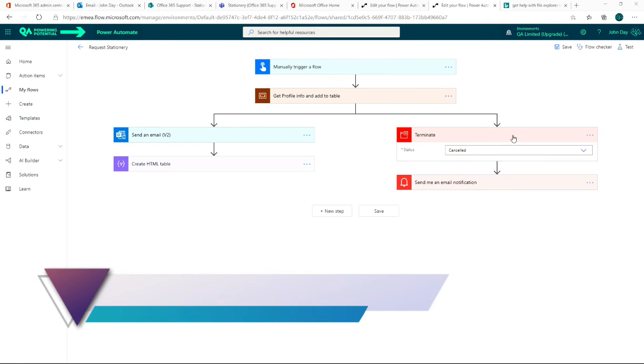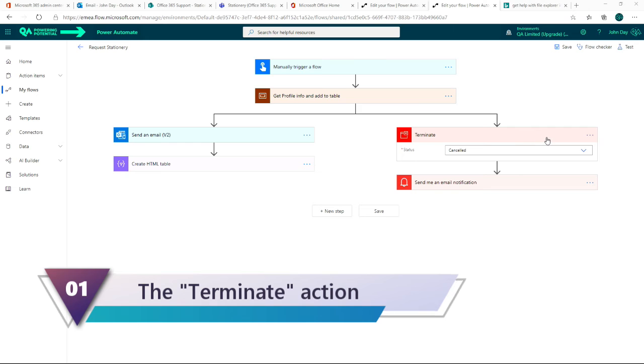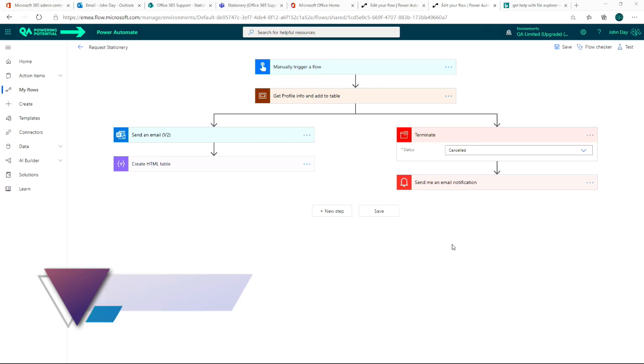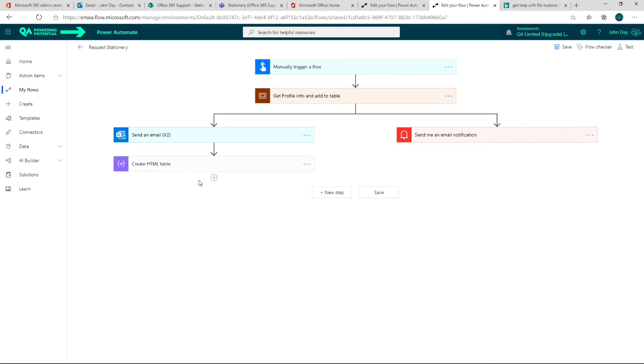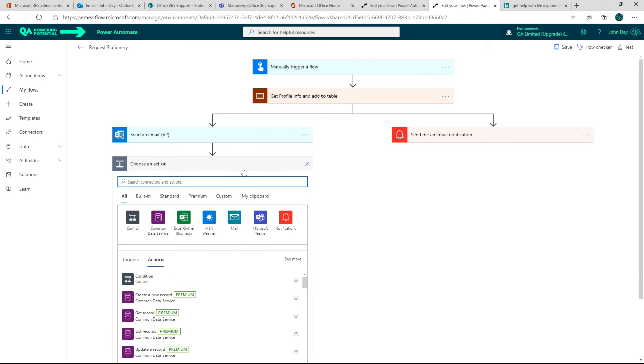A very handy feature where Terminate is used is when you've got a really big flow, but you just want to test a part of it and then stop it. So you might have a lot of physical actions like deleting things, and all you want to do is test to see if the email is sent first. So what I can do is say, let's say I've got this creating an email, but after that I don't want it building a table or doing any other work. So I can terminate at that point,